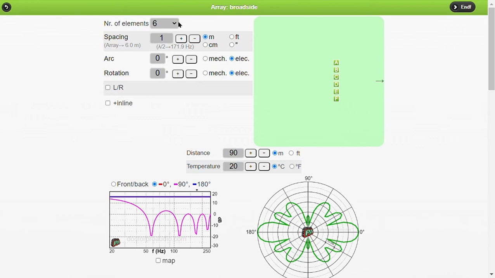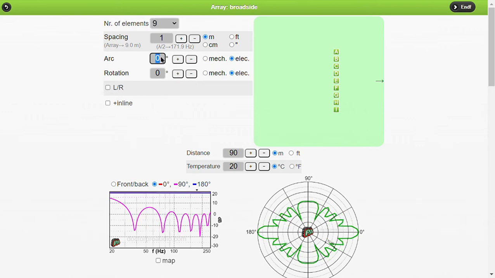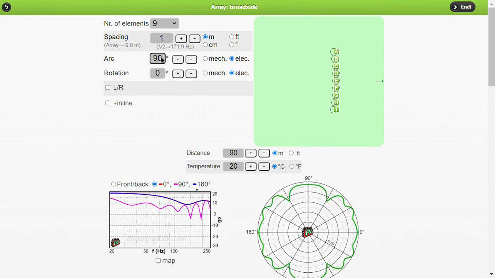Okay, one thing we can do on PA Calculate is to add an arc, which we can do mechanically or electrically. If it's electrical, then we'll use delays that become larger as you go to the outside of the array. The angle can also be negative.